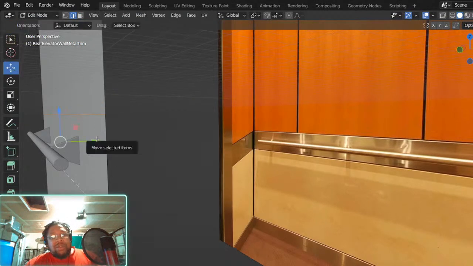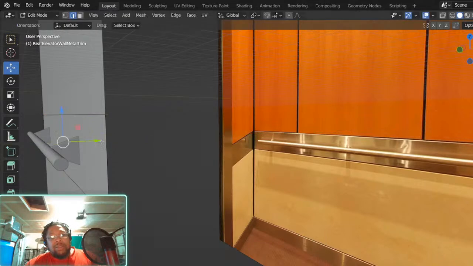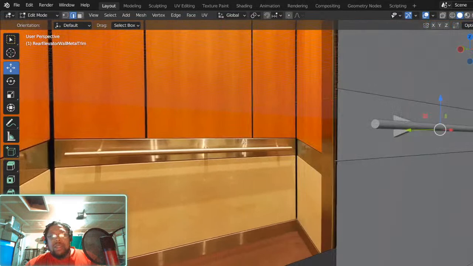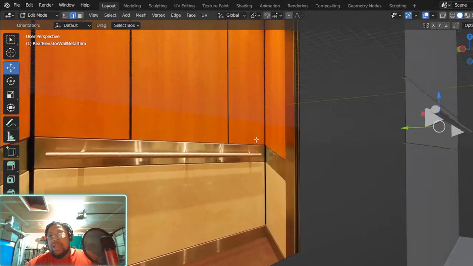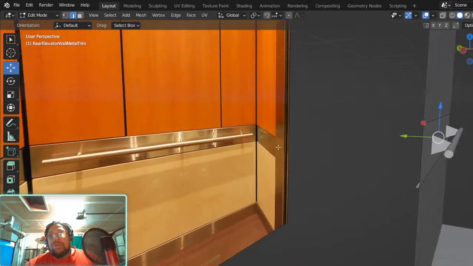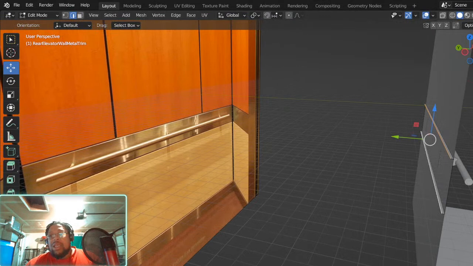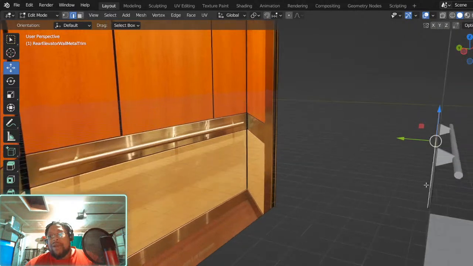And I am just going to pull them back just a little bit. Just like that. That gave me that lip. And what I'll do is, on this, I will take the Subdivision surface modifier.